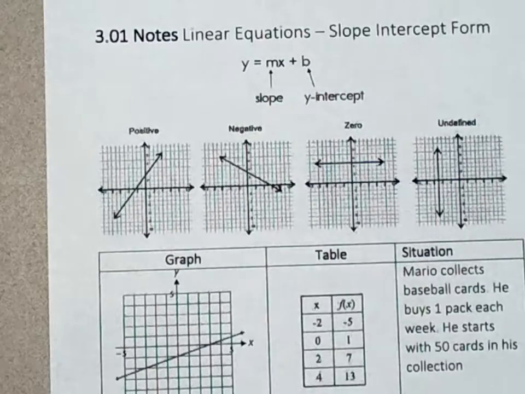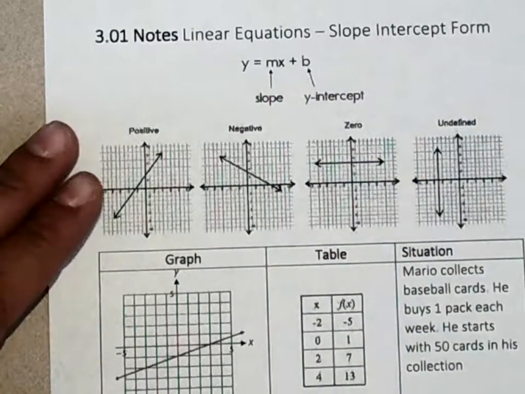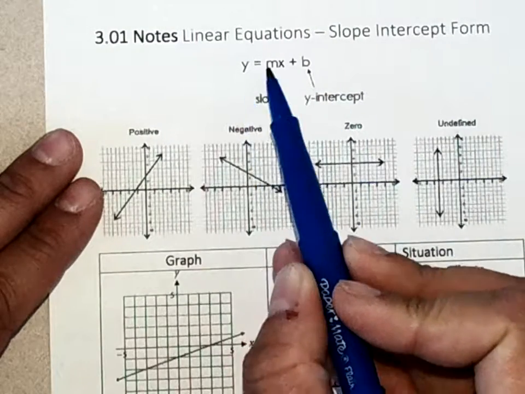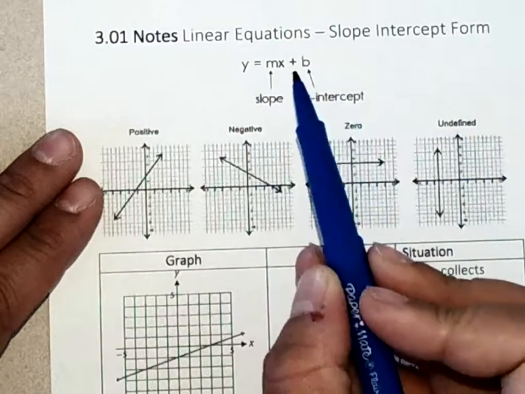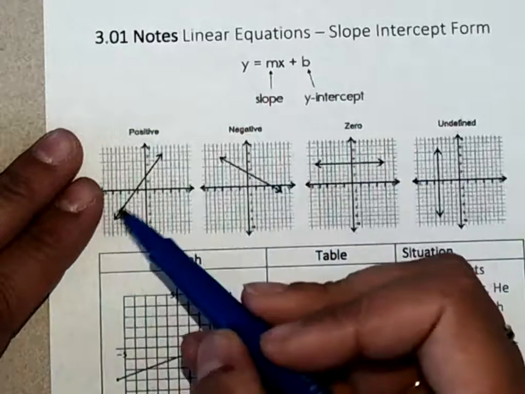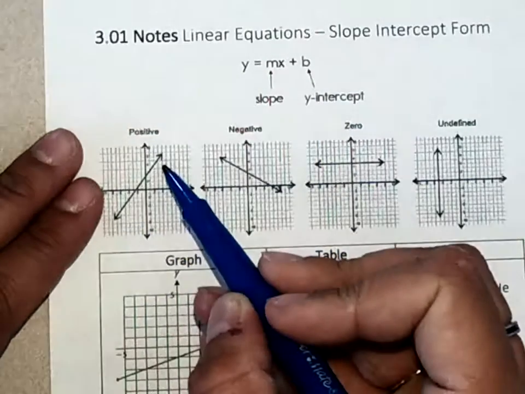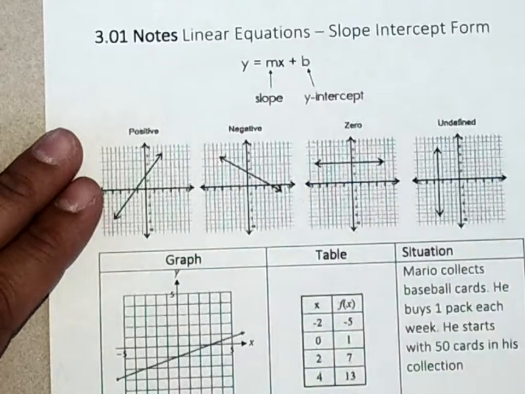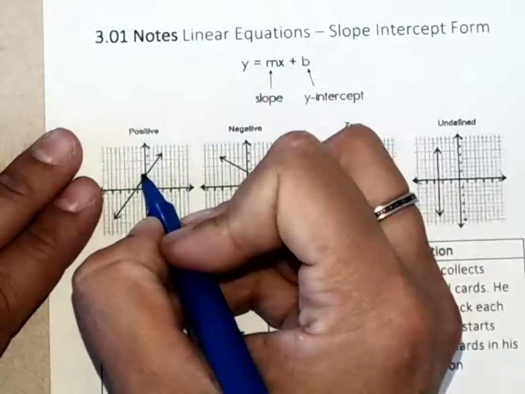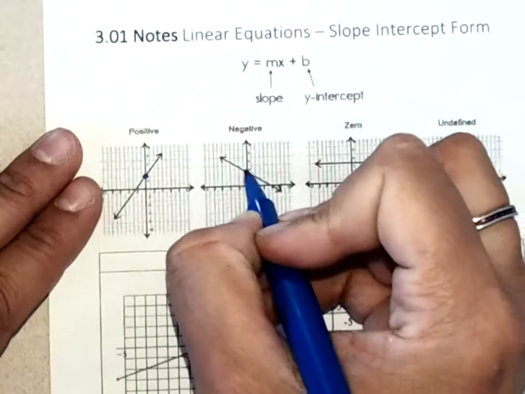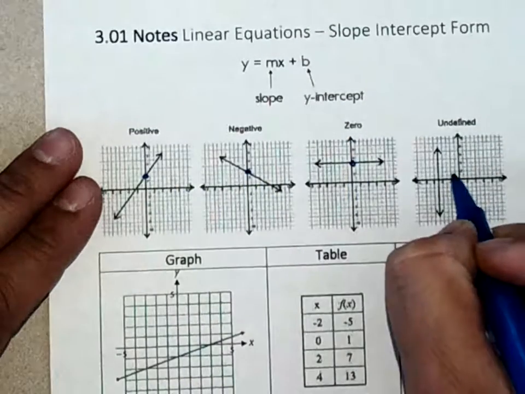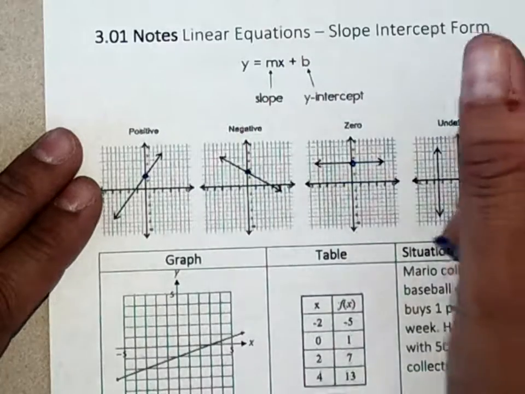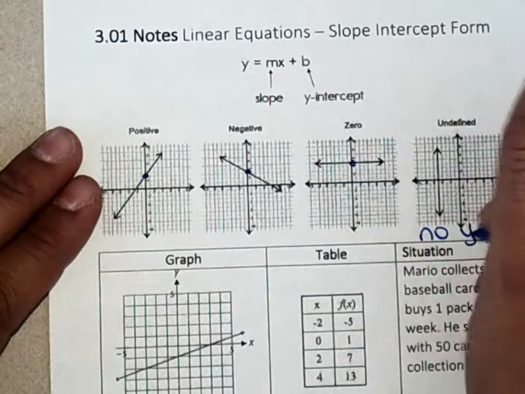In our notes today, we're going to be reviewing linear equations in slope-intercept form. Slope-intercept form is given to you here. M represents our slope, B represents our y-intercept, and you'll see an example of a positive slope, negative slope, slope of 0, and slope of undefined. Notice that the y-intercept is where each of these lines touches the y-axis. The only one that does not have a y-intercept is our undefined